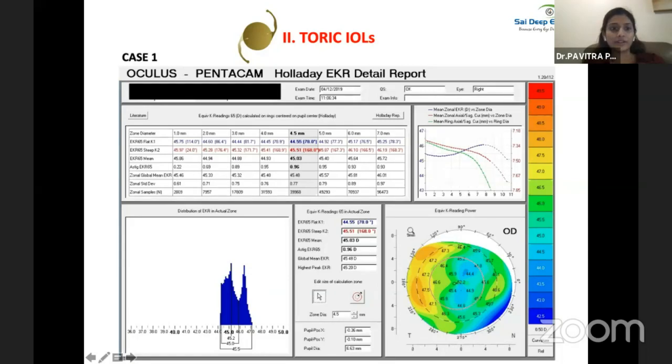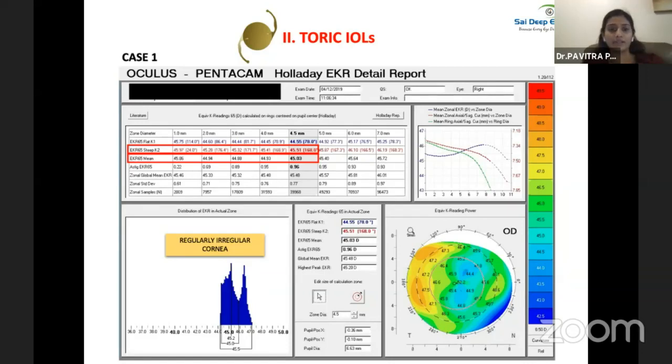And as you can see, it gives the zonal distribution of keratometry readings. Now, normally the difference in the EKR 65 mean over here, the third one, between the zone 2 to 4.5 mm should be less than 1.2 diopters for it to be normal. And the difference in the steep axis astigmatism should be less than 10 degrees in the same zone. Also, the histogram here should not be widely skewed and it should be a tall single peak. So all of this in this patient is well within the normal range. Therefore, we can very well go ahead with the toric IOL in such patients.